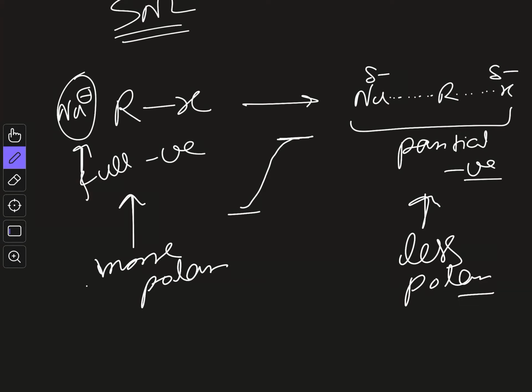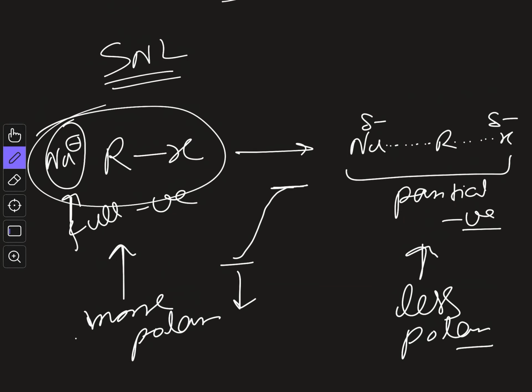So that's why if you use a polar protic solvent, it will stabilize your starting material more, so it will lower the energy of the starting material. If this was your initial activation energy, now the activation energy will be like this. So in this case, if you use a very polar solvent, a polar protic solvent, you will actually increase the activation energy of the reaction, and the reaction rate will be slightly slower, right?